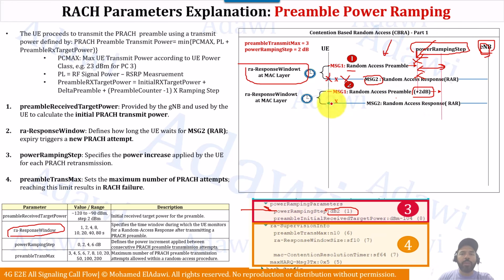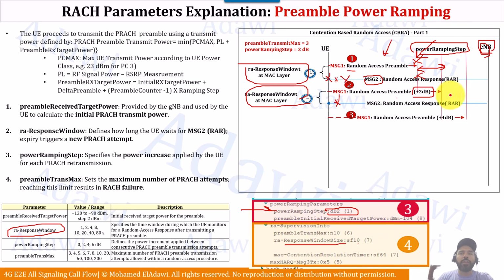So now I will be waiting. If no response, for the same timer, I will start the same timer again, which is this particular RA response window time, which is here. If you look into this parameter, it's equal to subframe 10. This means I will wait for 10 milliseconds. If no response for 10 milliseconds for message number 2, then the user will initiate a new message, which is message number 1,